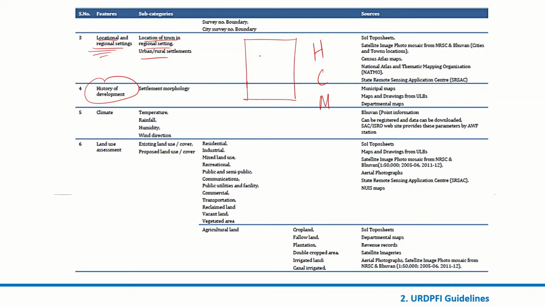So if your intention is to map how the city has evolved, this information will be useful. This is one of the parameters that you can look for. Climate information, I think, is not a big deal. We can extract this information. If you are coming out with a specific design intervention, that is when this climate-related information is required.